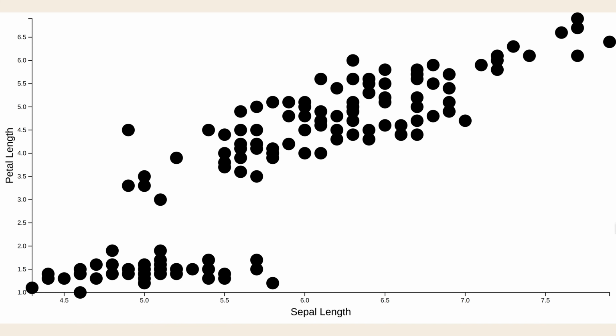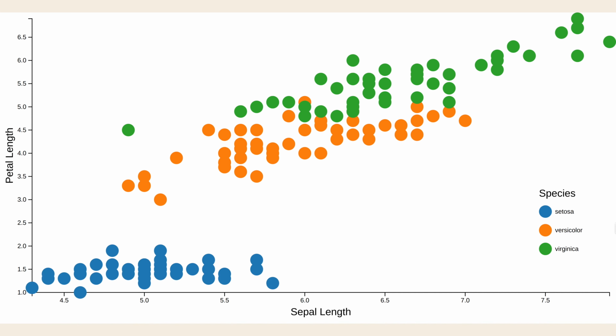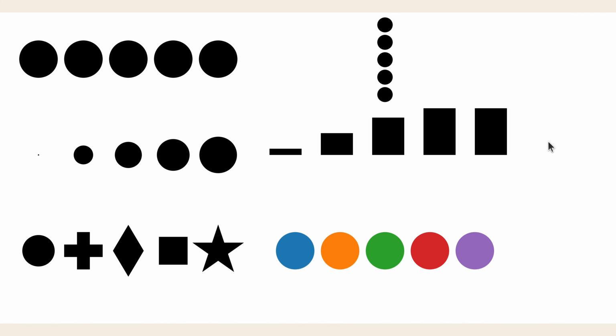This scatter plot encodes two quantitative columns using x and y. We can represent an additional column that's categorical using color. Looking back at our marks and channels example, we have x position, y position, size, and length. Those are all really good at encoding quantitative columns. Color, which is good at encoding a categorical column, at least in the way it's used here, which is pretty